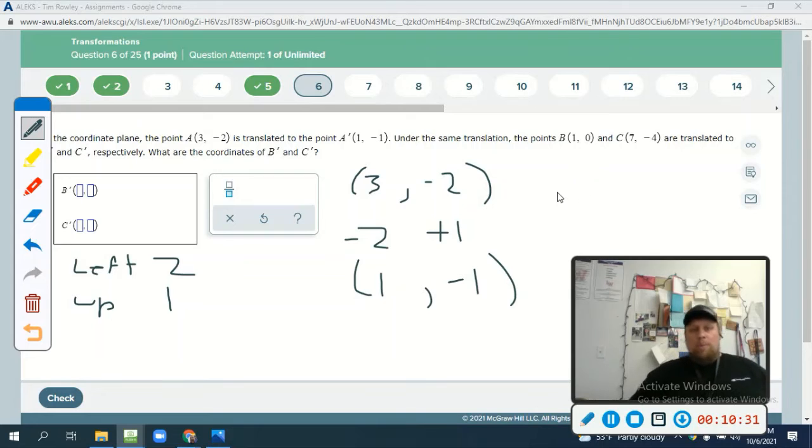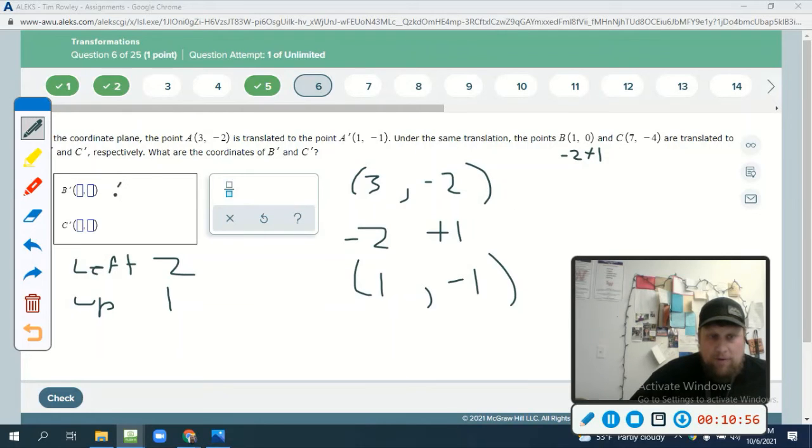So if I want to know what b prime is, I need to look at the original b, and what am I going to do? I'm going to subtract 2 from the x, and I'm going to add 1 to the y. And let's plot what we get. So if I'm going to subtract 2 from the x and add 1 to the y, I should be getting the point